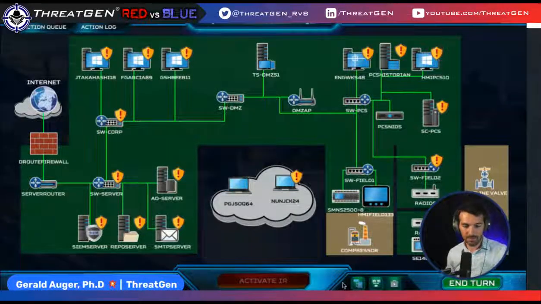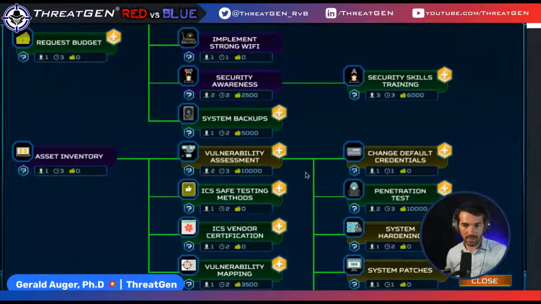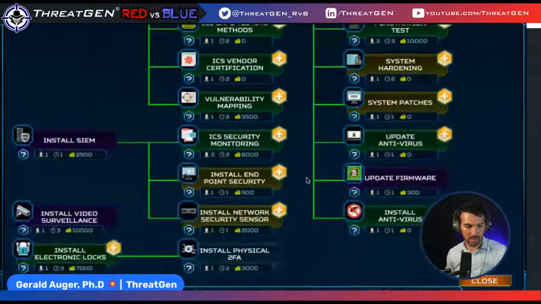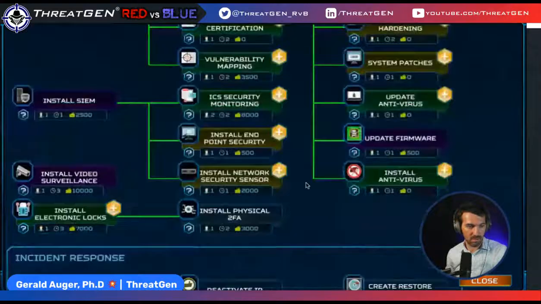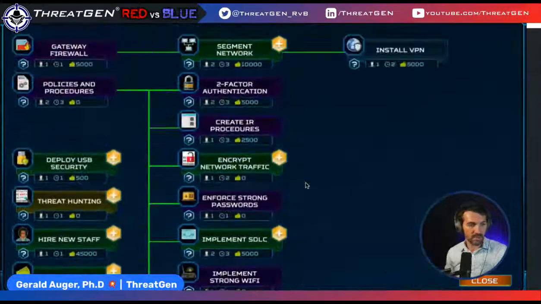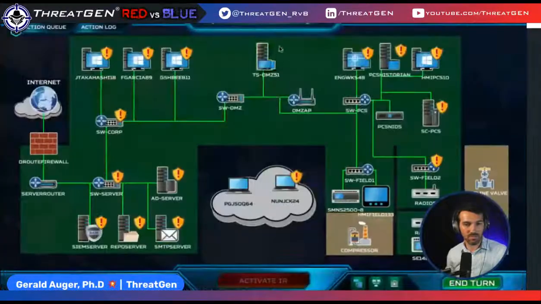We got 2 people. We're going all in on, what did I say? I had something hot to drop. Oh, the network segmentation. 10 grand. Okay. So network segmentation is wicked valuable because it really, really limits lateral movement. The problem is if the threat actor is already in your environment and has moved around, then